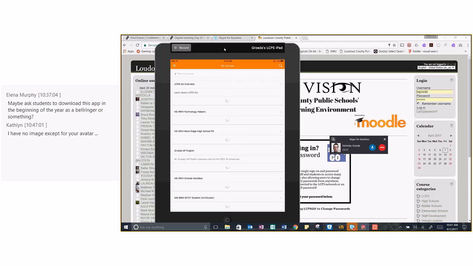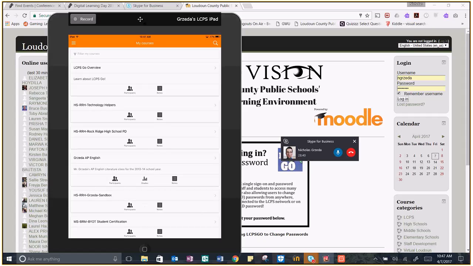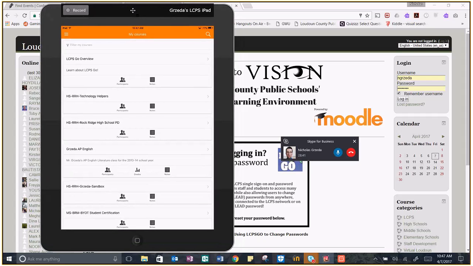So what's excellent is, of course, all my courses show up. Now you're sitting there going, hooray, I have Vision as an app. How is that cool? Well, it's very cool, especially if you're trying to give a quiz on a day that you can't get the laptops. You can't get into the computer lab. So if you scroll down,